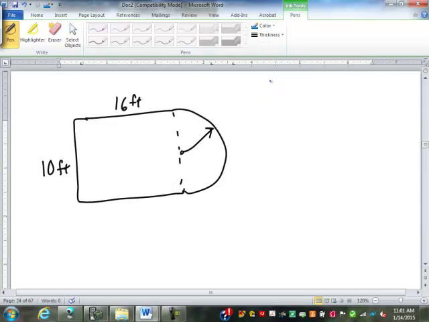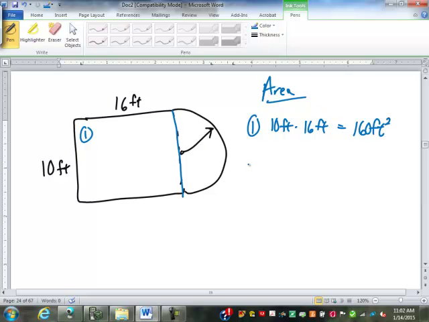There you go. It's the lane in the basketball hoop. Find the area. Well, we're going to cut it into a rectangle. Piece 1 there is a rectangle that is 10 by 16, 160 square feet. Then that half circle,